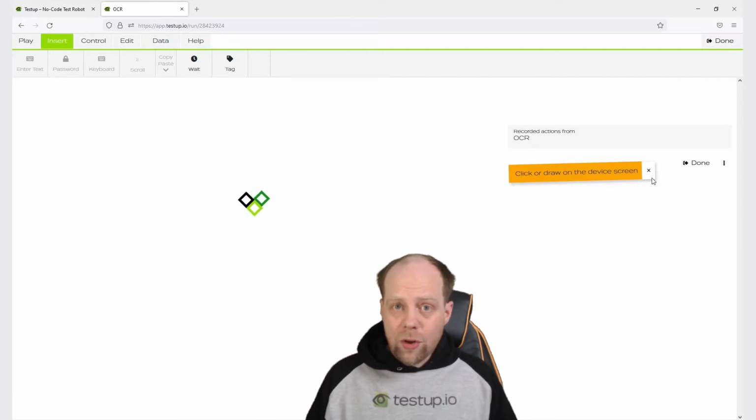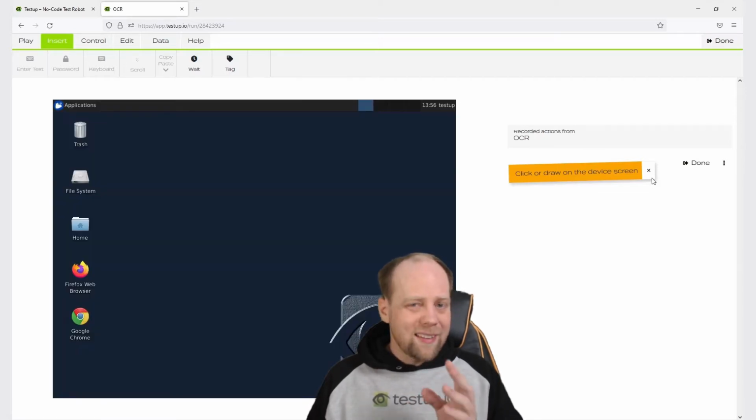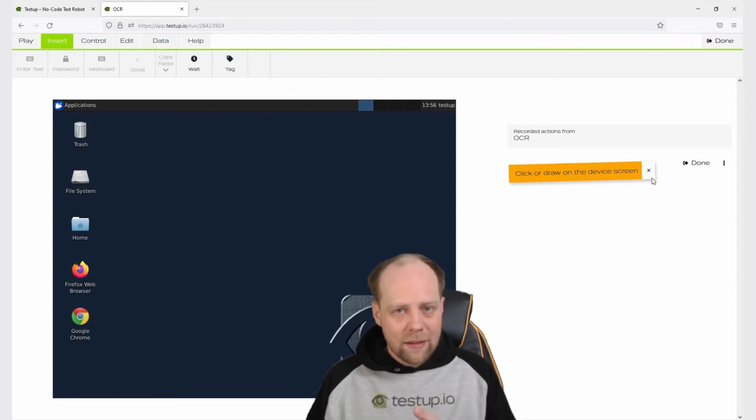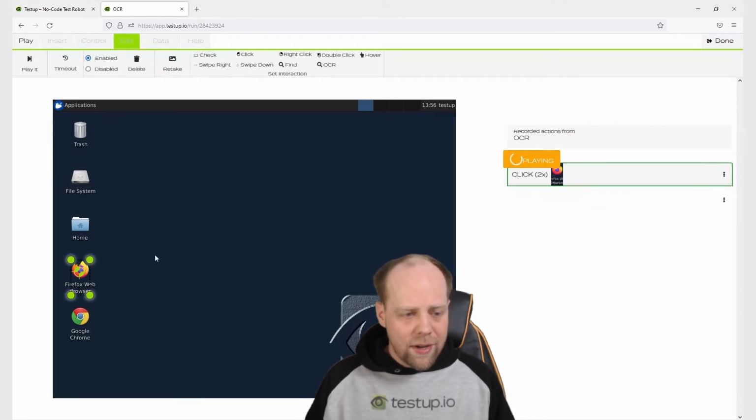Once it is loaded, we're going to work with OCR, as optical image recognition is very important for specific test cases. When you have a UI that displays a text as a JPEG, you cannot click and select the text and read it out. For these types of test cases, you need OCR, where you take an image and convert it into a text. So let's do it in our example by double-clicking on Firefox